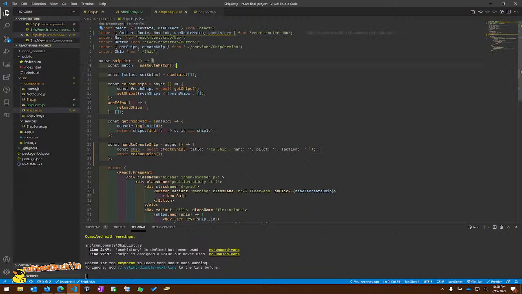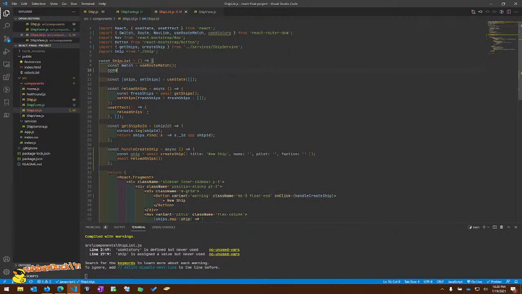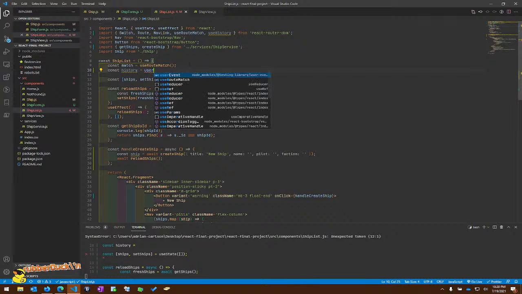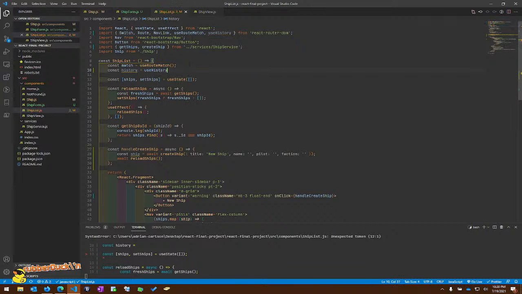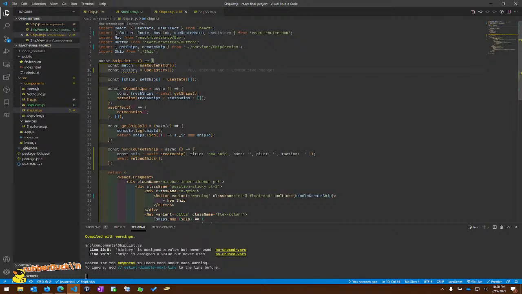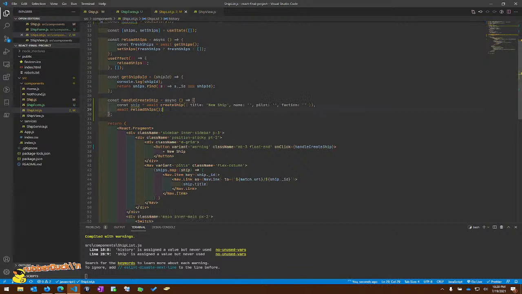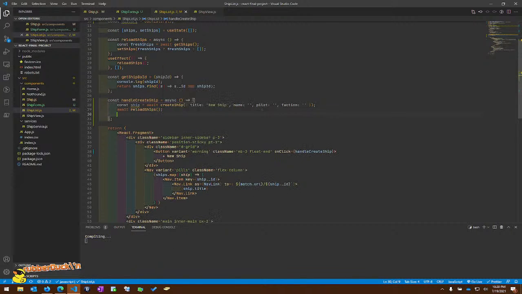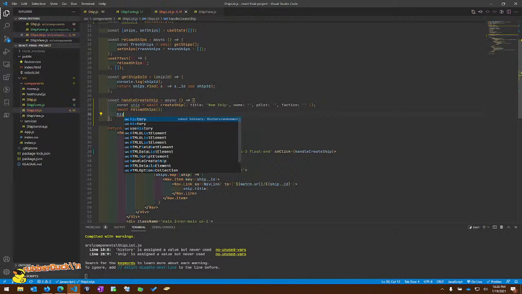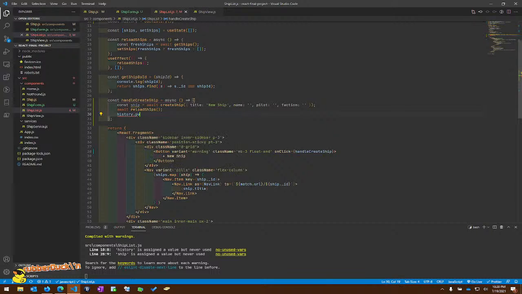So then we need to set a const history equal to useHistory, so that we can just type history. And that allows us, after we reload our ships, to use the history to push to basically whatever location we want. So we're going to do history.push,